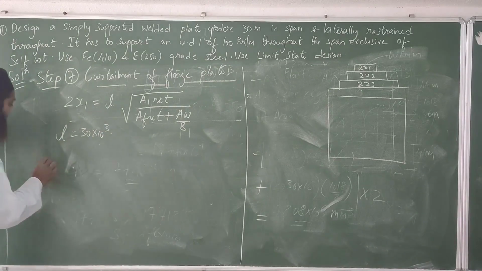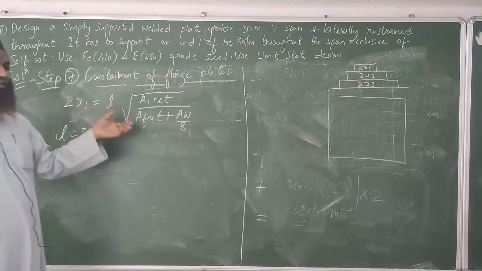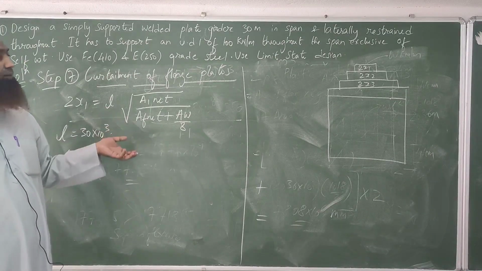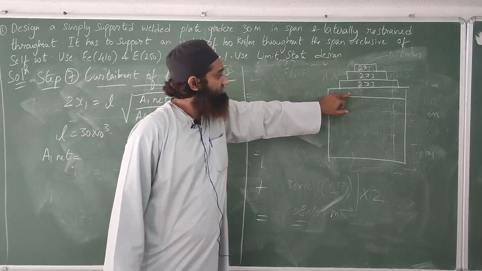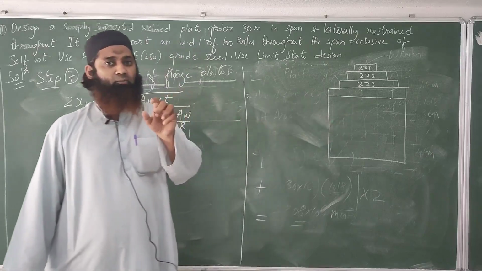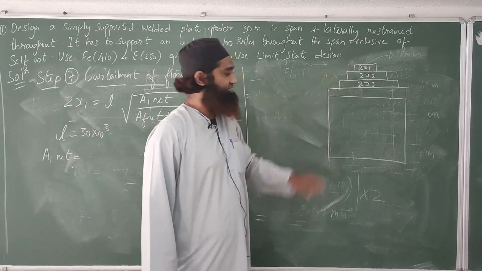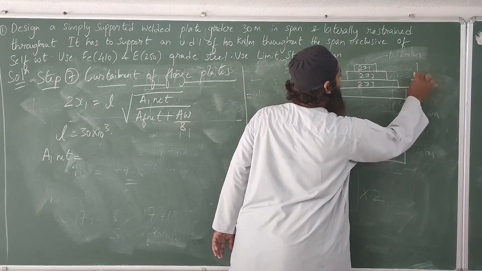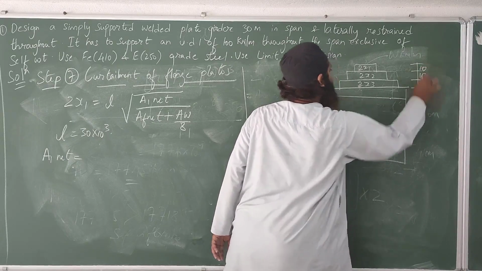You can see A1 net. Now what is A1 net? You have to understand this concept. It is very easy. It is not that tough. Basically A1 net is that plate which is provided here at the last. This is the 14 mm plate. Because the 14 mm plate is the thickest, we will provide it at the bottom. And the next three are 10 mm plates. You can just see here, this is 14, this is 10, this is 10, this is 10.